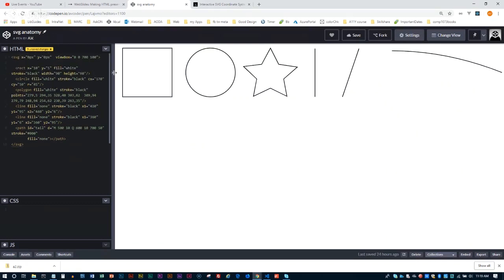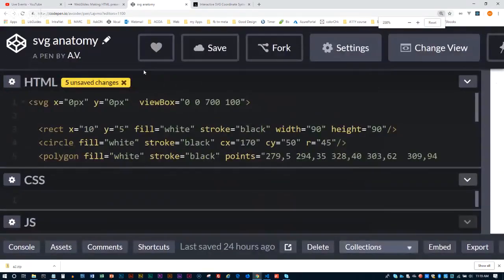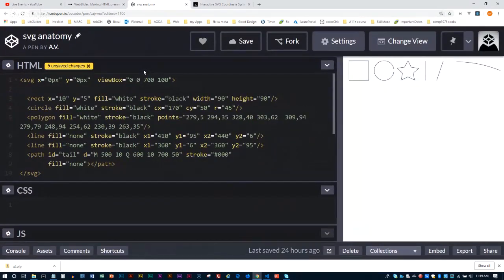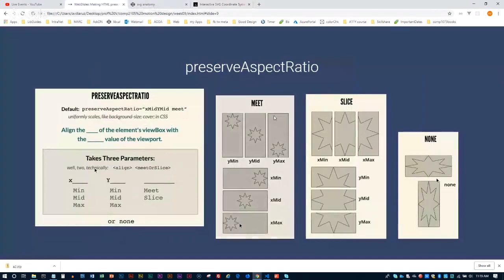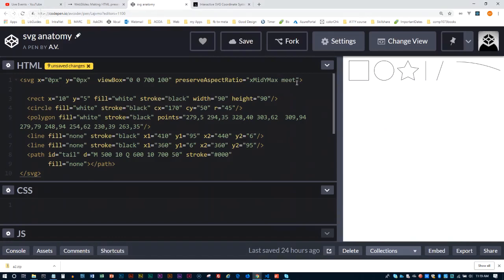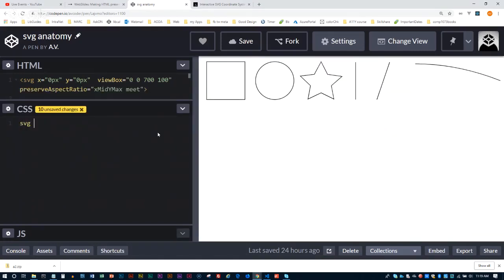So within the SVG itself, let me magnify this. Ooh, too much. I say preserve aspect ratio, then by default, it's xMid, yMid, meet. That's the default. However, if I say, let's try this slice here where it says yMax, that means it should go to the bottom, I think. I don't know. Let's see. Will it do anything? No. Why not? Because maybe